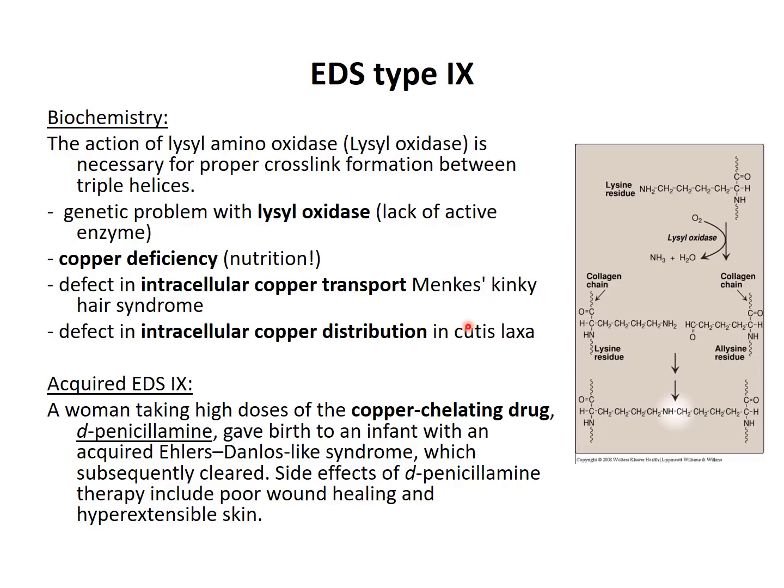So there are a couple of subtypes: Menkes, kinky hair syndrome. It is really the wiry looking of the hair, or cutis laxa in cows, which are typical subtypes of type